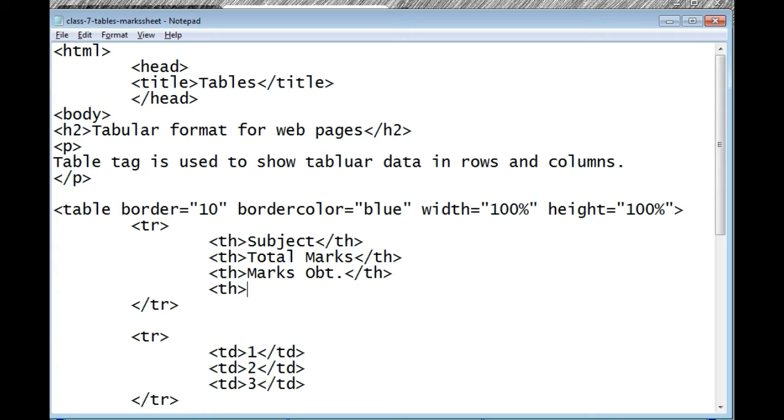Heading is grade, percentage. th. Okay, now I remove,